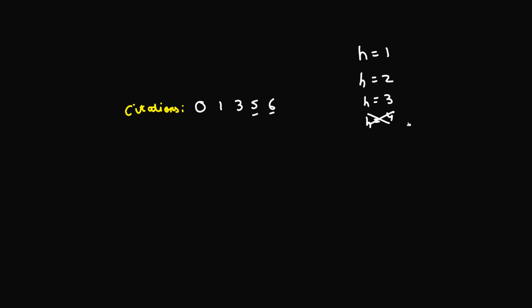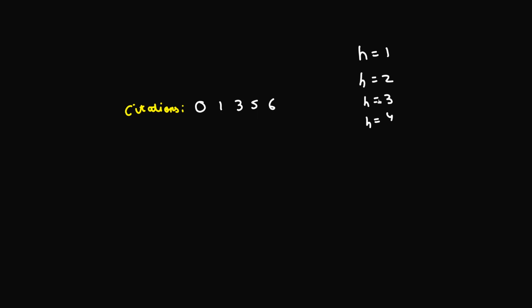Okay. Now a straightforward solution is to start traversing the array from the back. There are some things that you can notice here. What if I ask you that in just one shot, you have to calculate whether H equal to 2 is possible or not? What you can do simply is check the second number from the end, which is this 5. If this number is greater than or equal to 2, and since this array is sorted in ascending order, we know that all the numbers following this number are going to be greater than or equal to 2, right? So if the second last number is greater than or equal to 2, all the other numbers will also be greater than or equal to 2, and in that case H equal to 2 is possible.